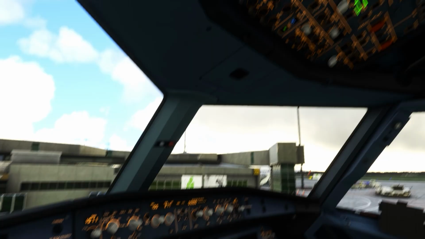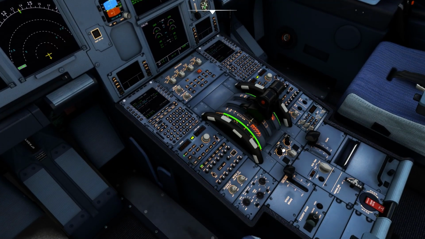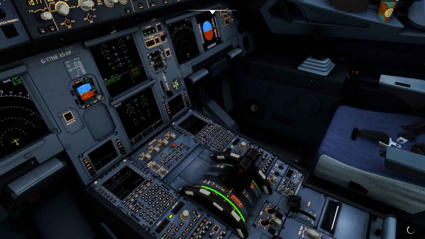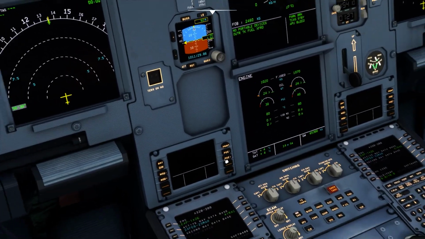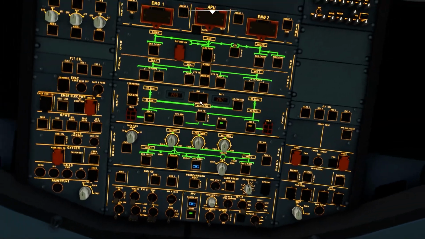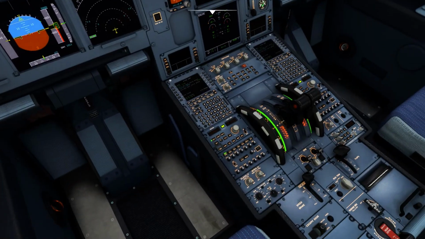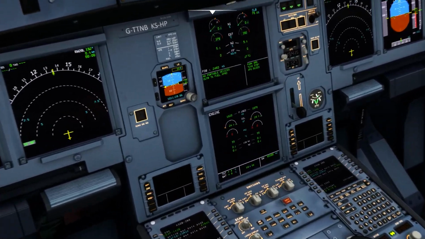And everything is good. Do we have the APU available? Yes, we do. Let's go ahead and get the APU bleed. And there we go. Engines are off. Seatbelt signs off. There we go. Everything's coming off. Perfect. And as that happens, we can also go ahead and get the N2 is below 25%. We can go ahead and turn off the beacon light. We can go ahead and turn off all of the fuel pumps here. I think everything else down here is perfectly fine. So predicted wind shear is off and the weather radar is off as well. We can go ahead and turn the